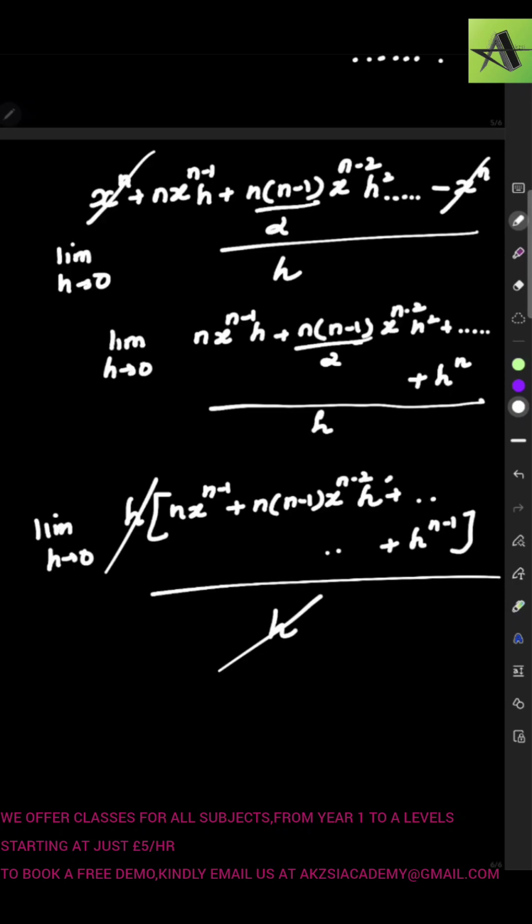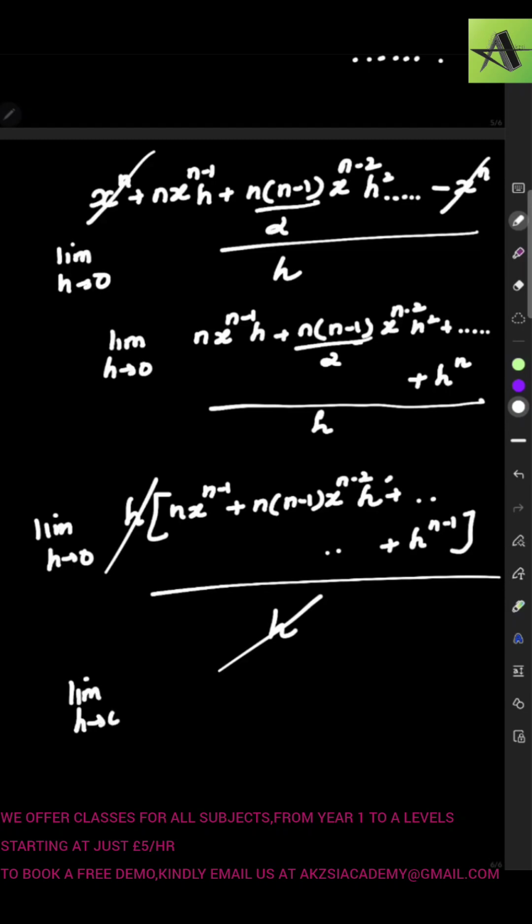Limit h tends to 0, that means at the very end when you are done with simplifying, always try to cancel this h, because obviously when you put h there it will make it a very big number, a mathematical error. For that we always try to cancel out this h, and that can be done if you take out h as common in the numerator. After we are done with simplifying, in the remaining portion, which is just this one,